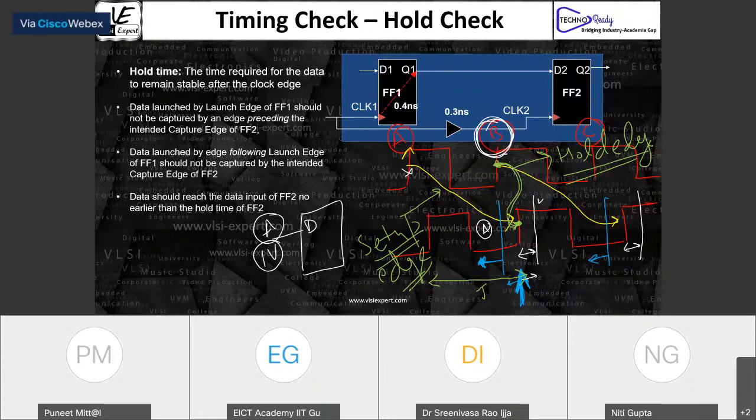Anyone have any other question? Okay, sir, if we are using a double edge trigger flip-flop, does the setup and hold analysis change? If it changes, how do we capture setup and hold violation? Okay. Can clock direction and data direction be opposite? Clock direction and data direction. Okay. So you're saying data direction. What do you mean by the data direction?